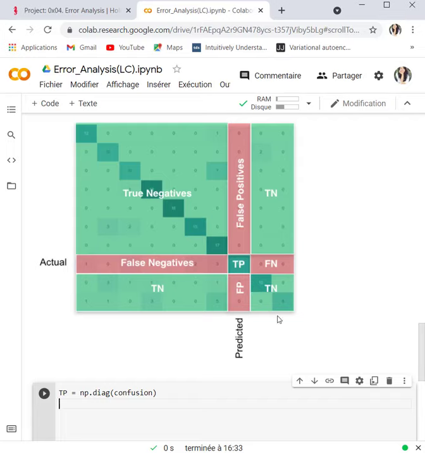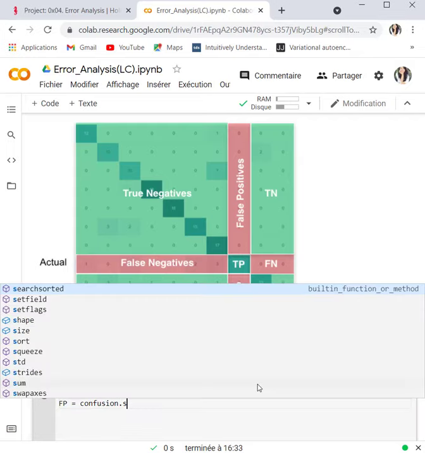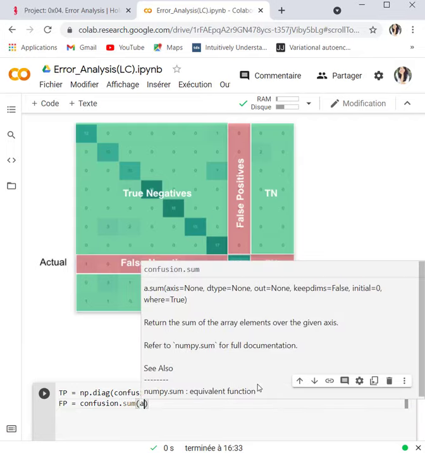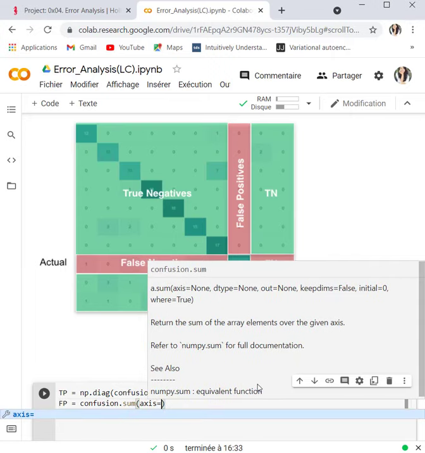Next one will be the false positive. I'm going to just sum all this column except the true positive value. Since I'm dealing with matrices, it's going to be the confusion matrix sum with axis equal to 0.